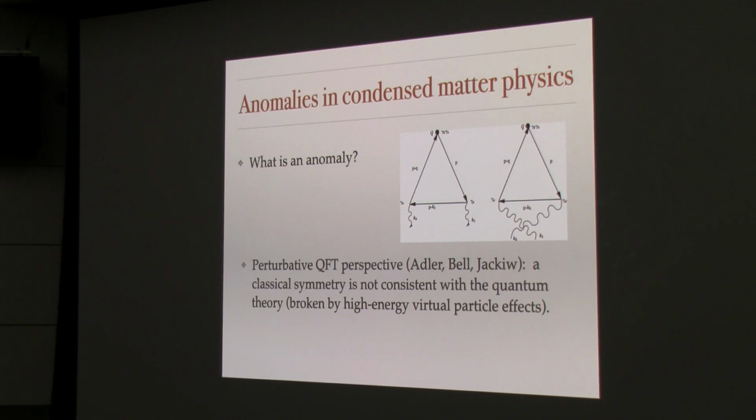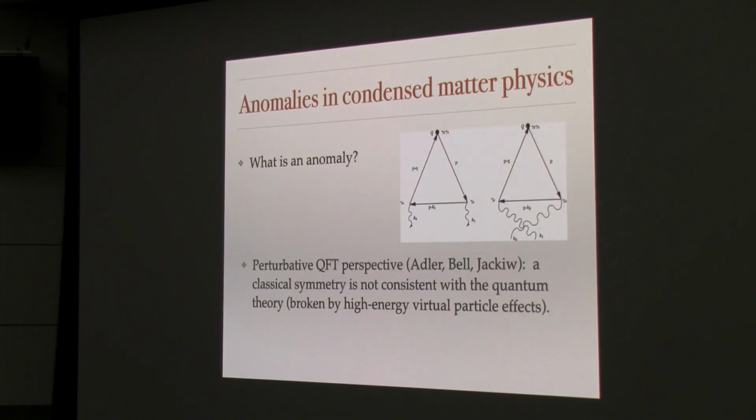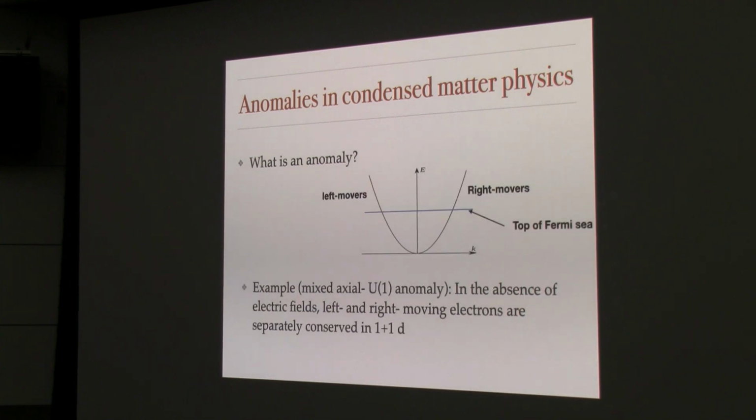And that sounds really exciting. And in condensed matter, there's a very boring picture of this, which is completely not exciting. This particular anomaly, these are called triangle diagrams, it's called the axial anomaly, and let me give you the condensed matter picture of what's happening here. So here's a one-dimensional system of fermions, and this is a plot of their energy versus their momentum. When the slope is positive over here, that means these fermions are right moving. When the slope is negative over here, they're left moving.